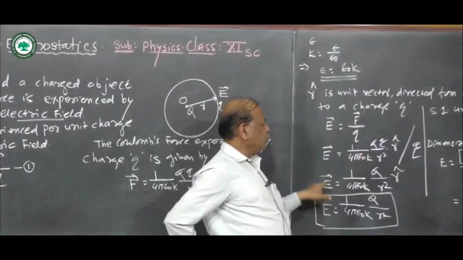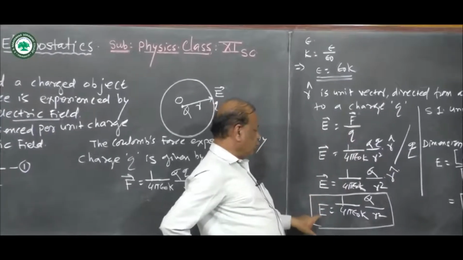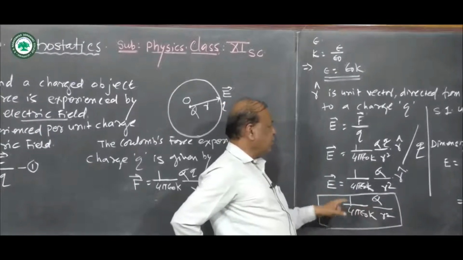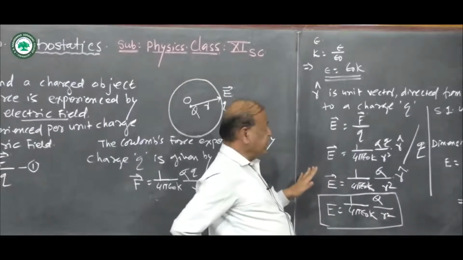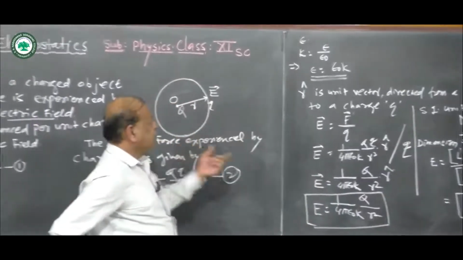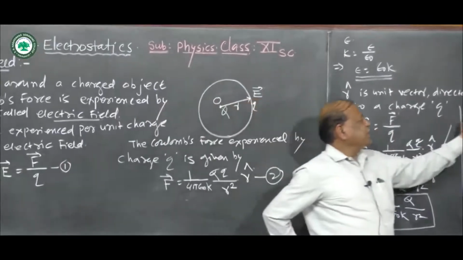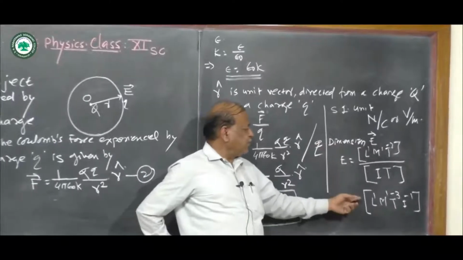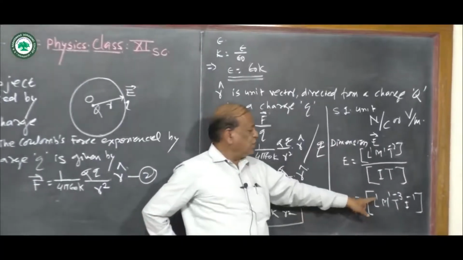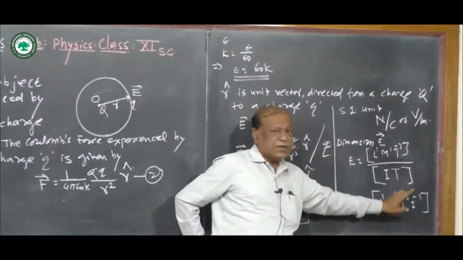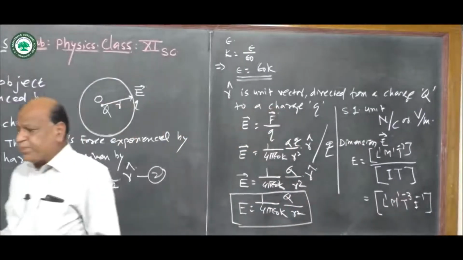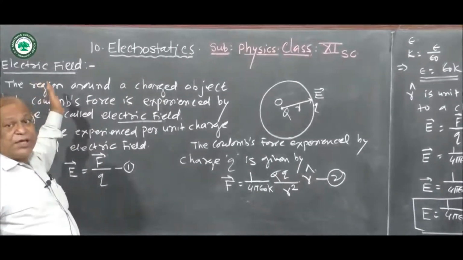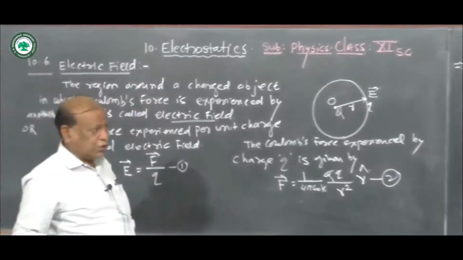By the definition of electric field intensity, put the value of F, and now here q, we get the magnitude, that E is equal to 1 upon 4 pi epsilon 0 k Q upon R square. This is the electric field intensity. And now from that formula we get the SI unit is Newton per Coulomb, and the dimension of electric field intensity E is L raised to 1, M raised to 1, T raised to minus 3, I raised to minus 1. In this way easily we can explain the concept of electric field. It is a vector quantity.